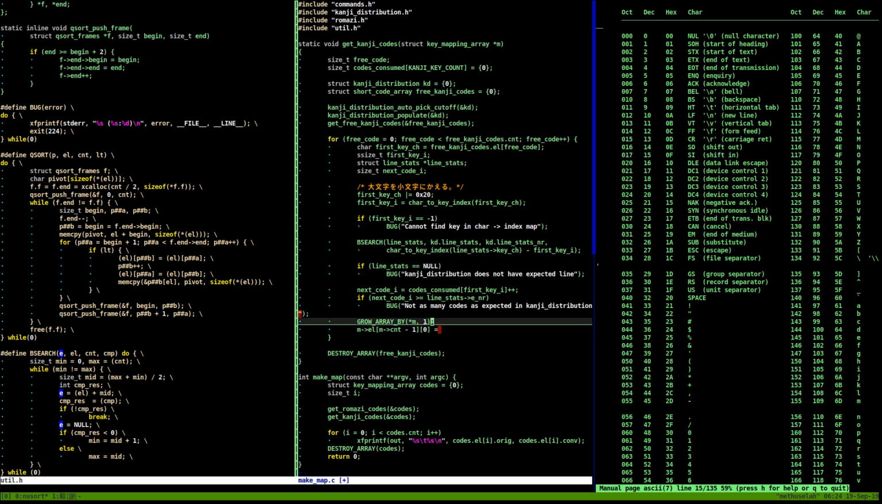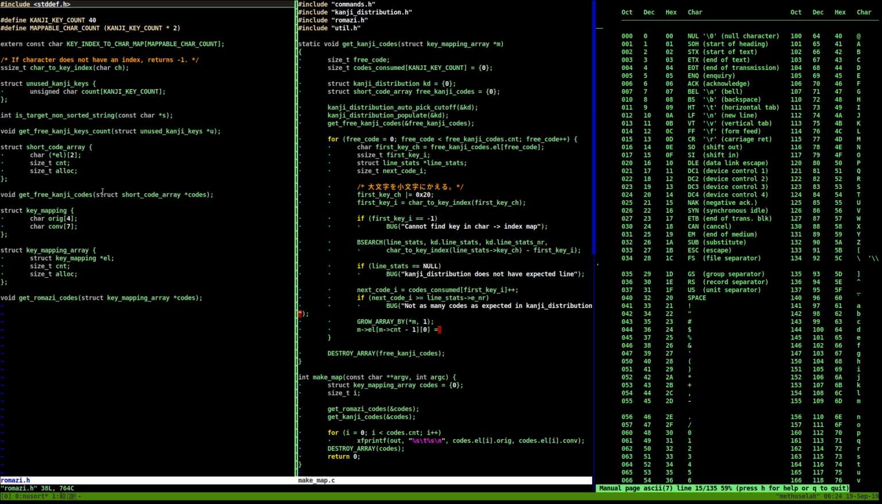Actually, I just want to copy free kanji codes, don't I? We just want to copy it from here, because free kanji codes already has the two character string which represents the code, I believe. Free kanji code shortcode array. Yes, shortcode array. And we're putting it in key mapping array, and key mapping has orig, right? So we want to say dot orig equals